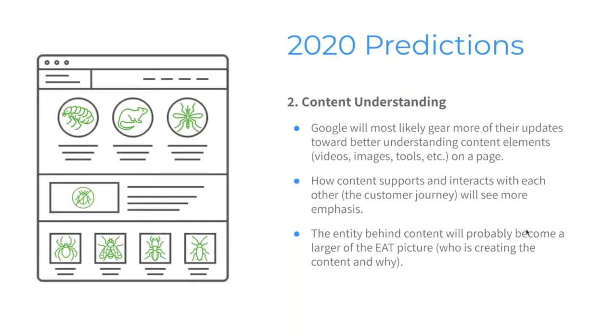But essentially, understanding how content plays into other pieces of content, either internally on the site or even potentially external from the site, if that's where you're pushing users. And this is a little bit more specific than past content-is-king predictions. This is much more specific around if you have a paragraph of content and then let's say you have a form fill out below for a lead, does that actually make sense? Are you on that page talking about something that would lead a user to that form fill,